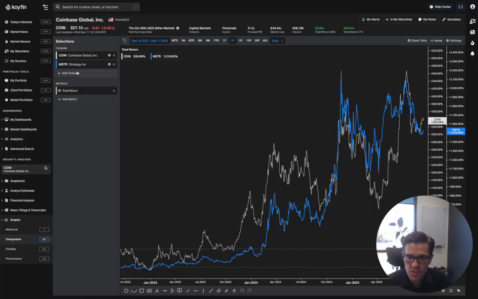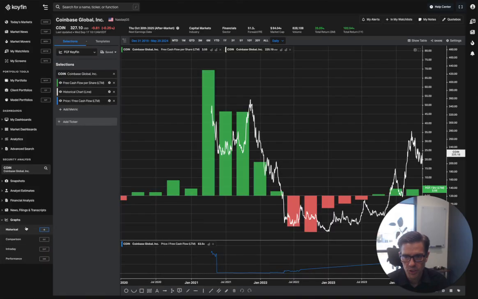How much is something up compared to something else? Under your comparison tab here, you can do total return. You can do all kinds of different metrics, right? Comparison in free cash flow, comparison in PE, comparison in all kinds of different things, versus performance, which is simply how much the stock is up or down. Does that make sense? Now, when we're talking about templates, we're going to be on the historical chart, and